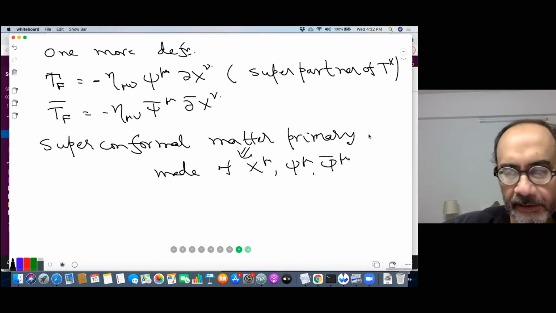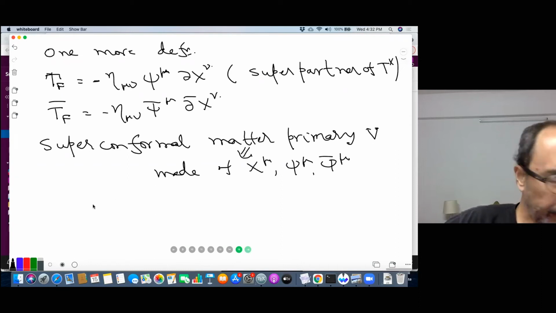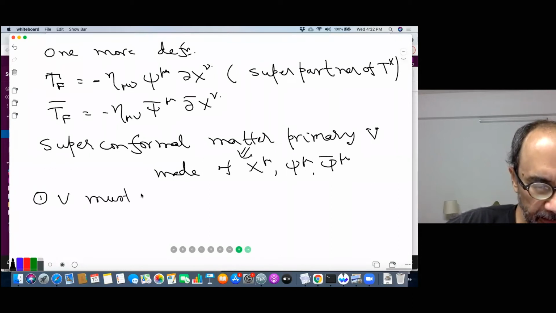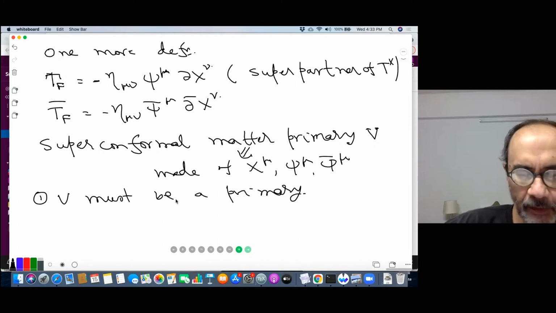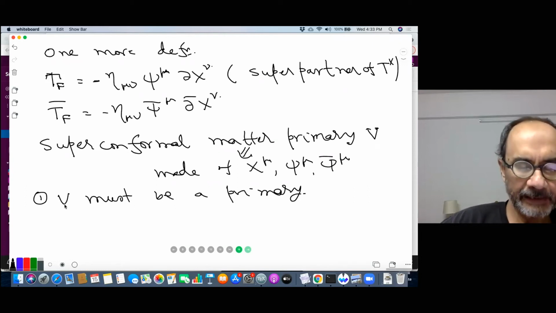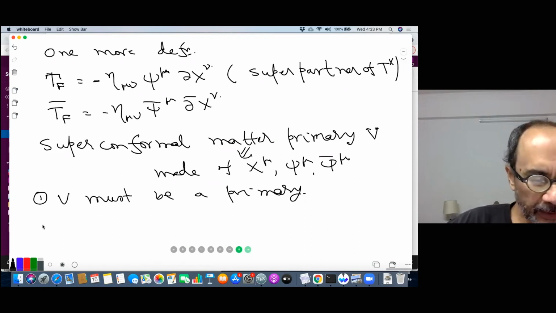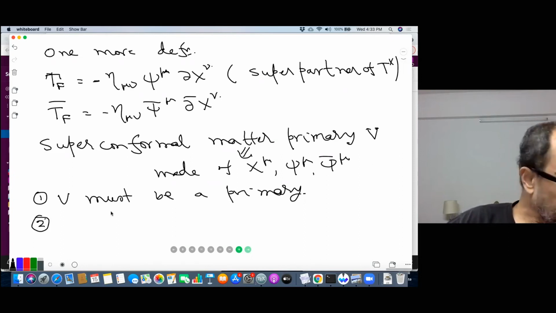If you call the primary V, the operator, then the condition is that V must be a primary in the usual sense. In particular, its operator product with Tx plus T psi will have the appropriate property. Furthermore, when you take the operator product of TF with V,